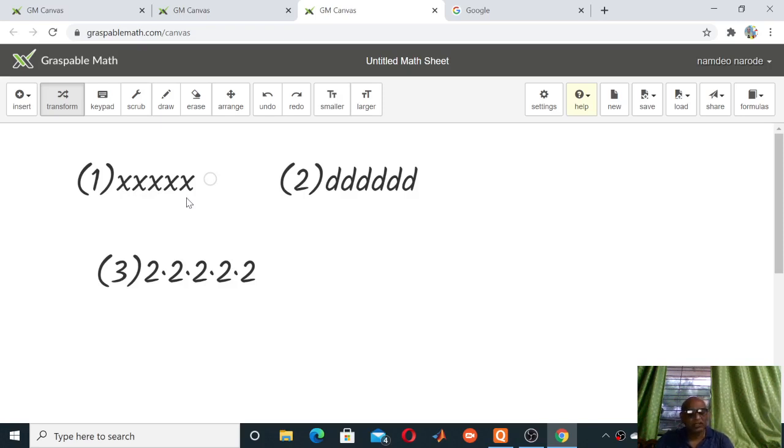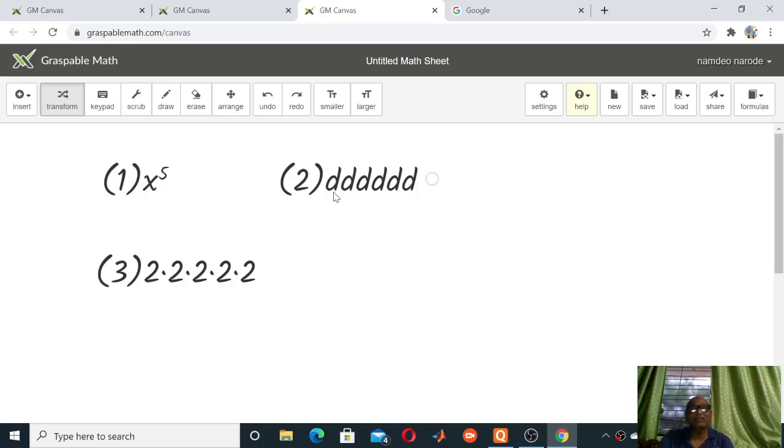Therefore, we will say the power of x equal to 5 or x raised to 5. And how we will write it as x square into x cube, x raised to 4 and x raised to 5. Thus we will write as power of x is 5. Or in other words, we will say that x raised to 5.